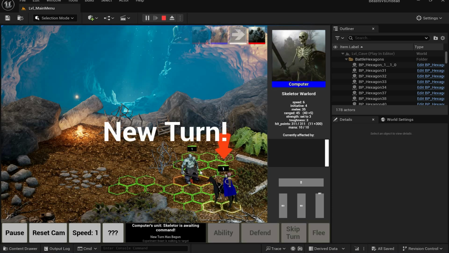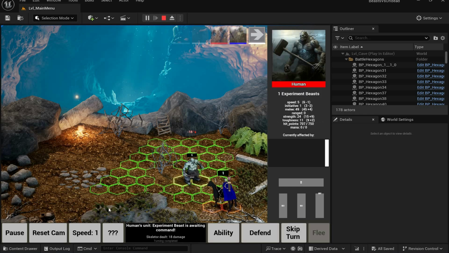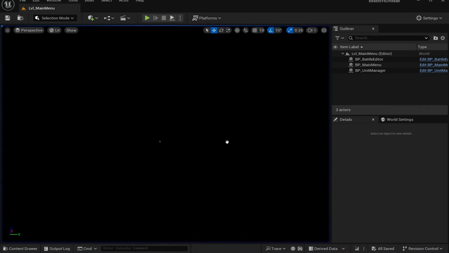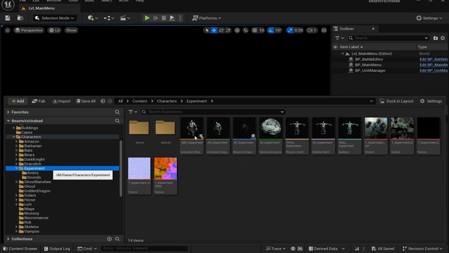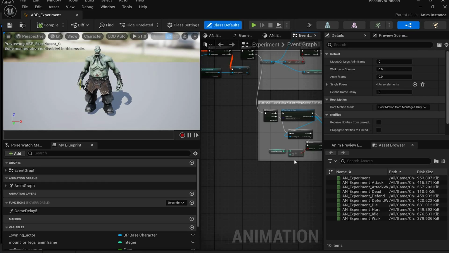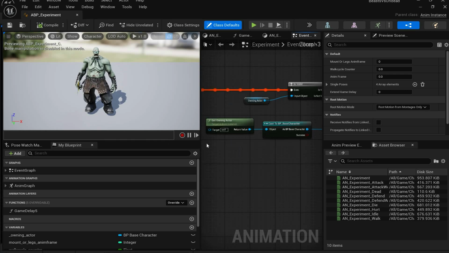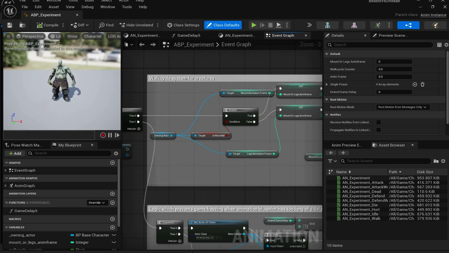Okay, I lied. I'm sorry. This is not hooked up in the animation blueprint. So this is another issue, which I don't think is related to this video, but in theory, if you wanted to, you could just go to his blueprint. And I believe it's just a matter of getting the